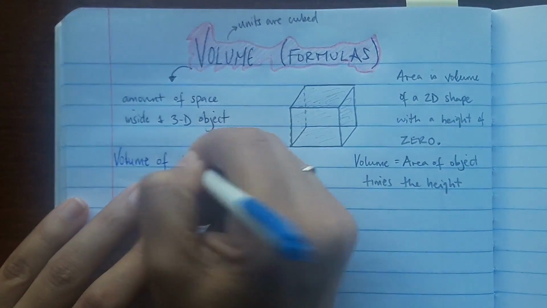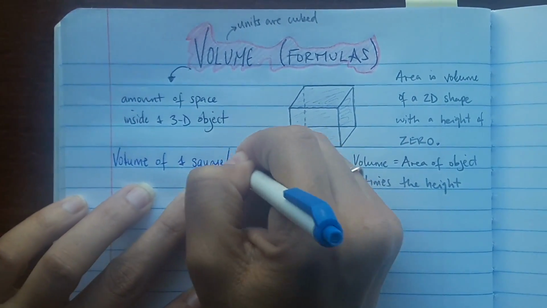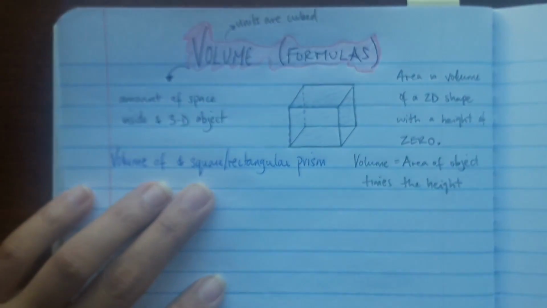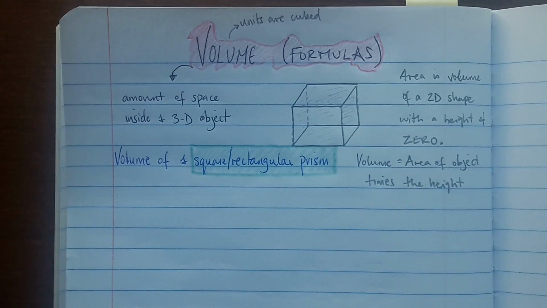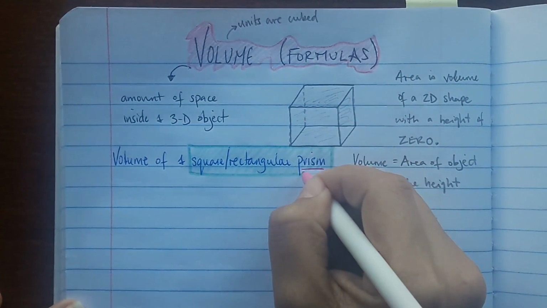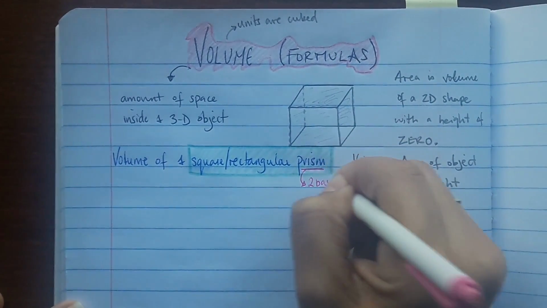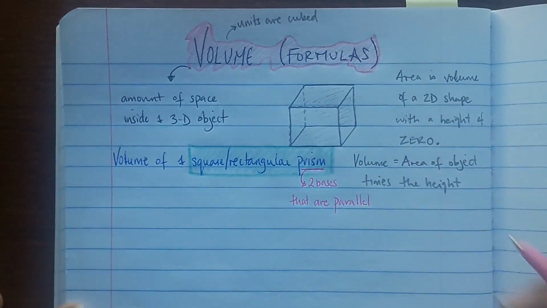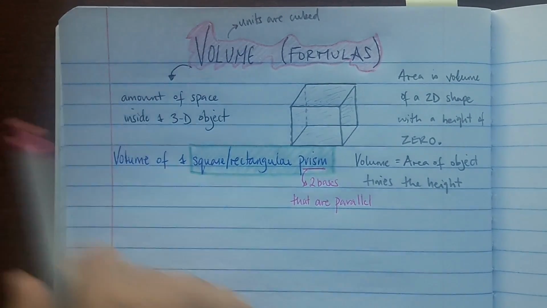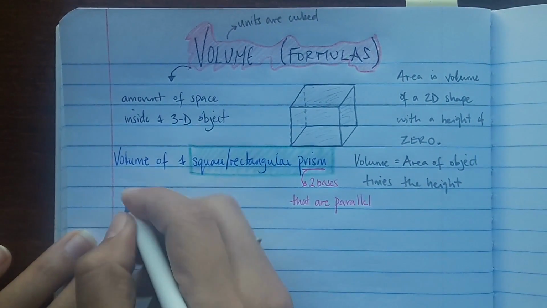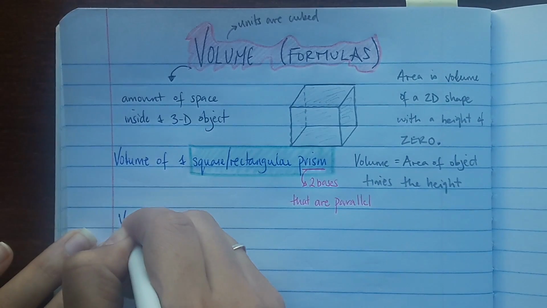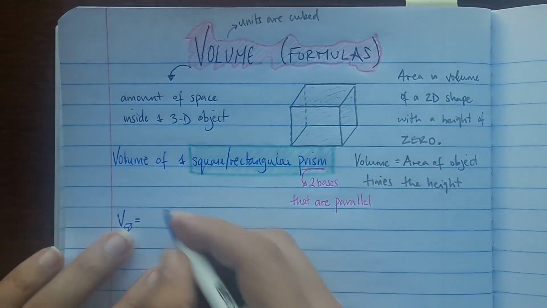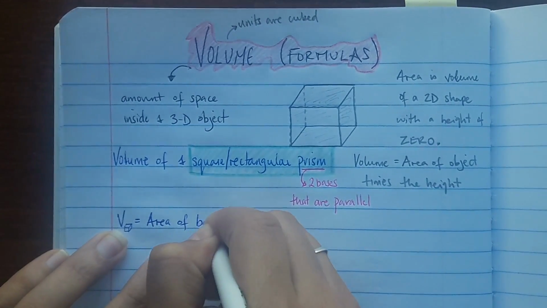Alright, so volume of a square rectangular prism. So we need to go over some lingo to make sure we understand. A prism has two bases that are parallel to one another. So volume of this cube or rectangular prism is equal to the area of the base times the height,